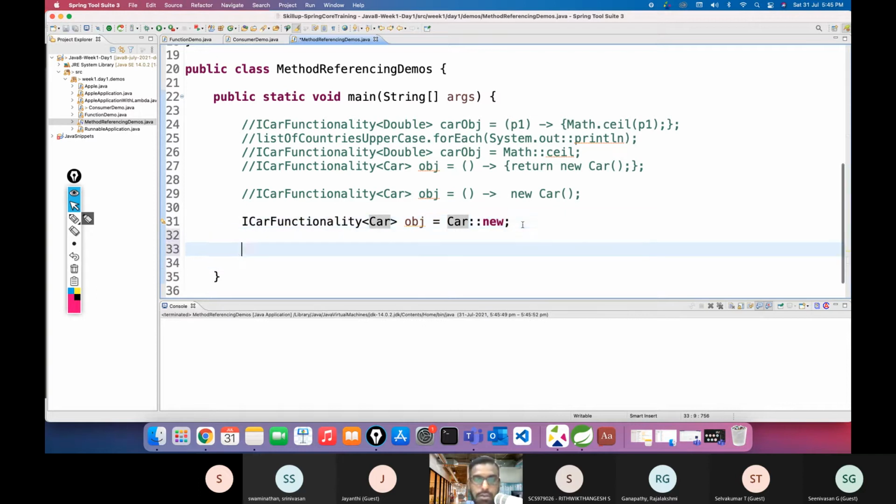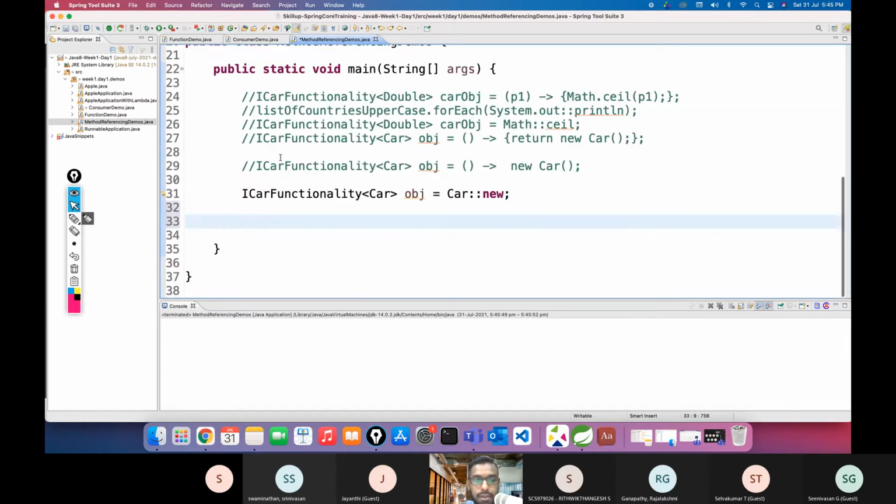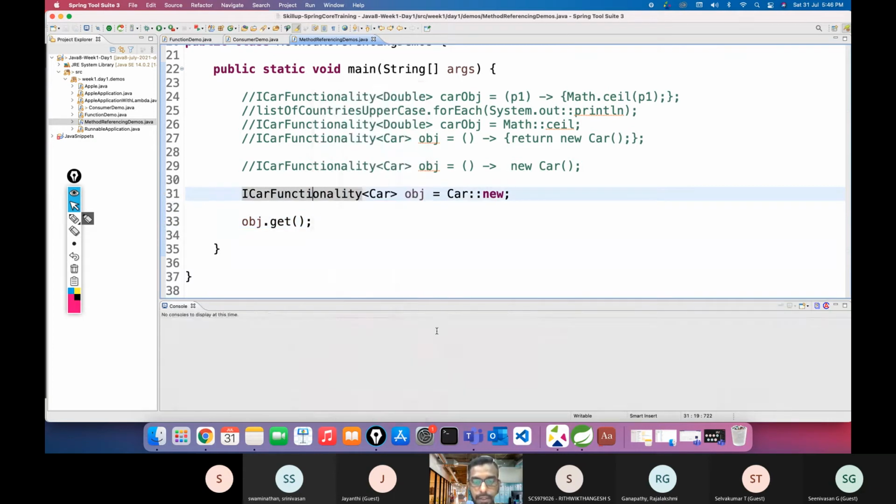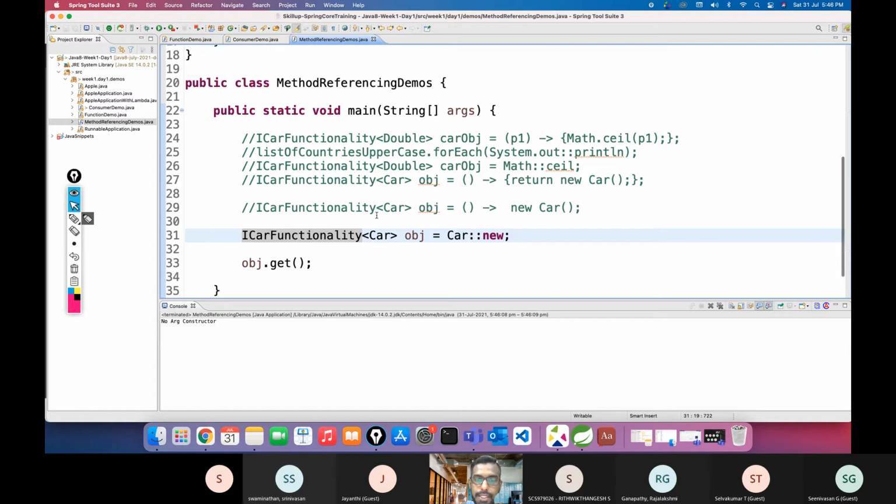We didn't call this, correct? The method has to be called object dot get. That's all, so that the method will get executed. See, no-argument constructor is invoked. You're getting it? Now, what I'm saying is this is one style. Now the question is, the method referencing operator can be used even if you're just going to create some instance and return it. But what if in case